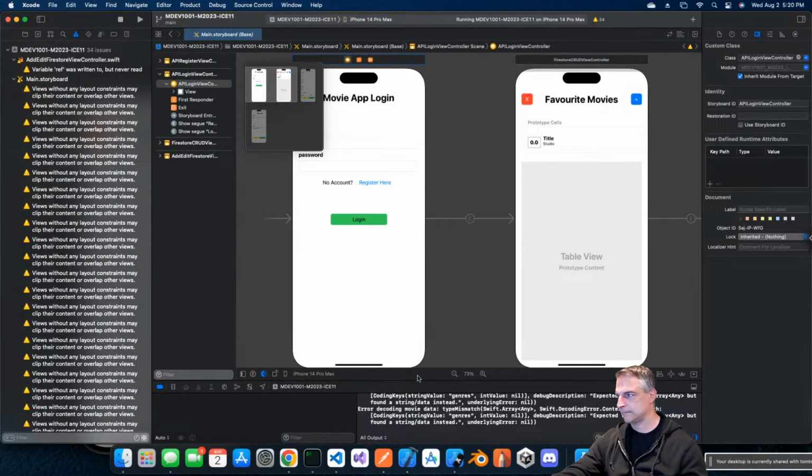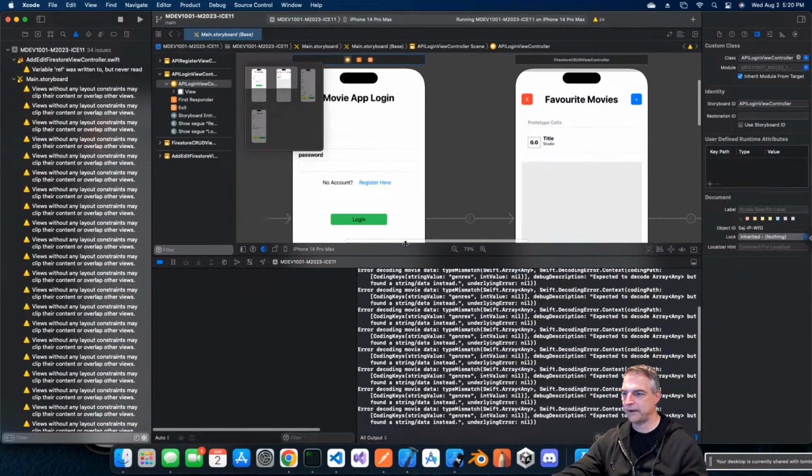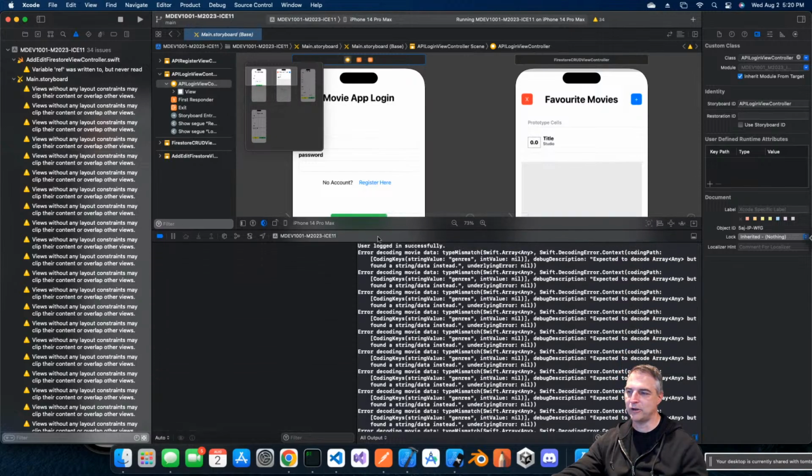Okay? So I am getting an error, right? And it says error encoding and blah, blah, blah, and type mismatch for all this stuff. I didn't get that before, on my version. This is what I'm telling you. Remember I was saying sometimes it takes a little bit of time to fix all this problem? Well,